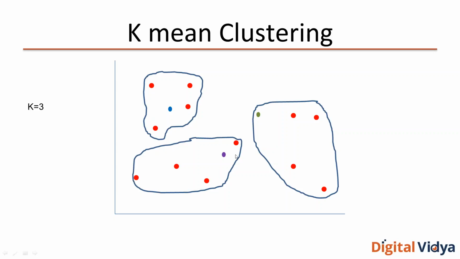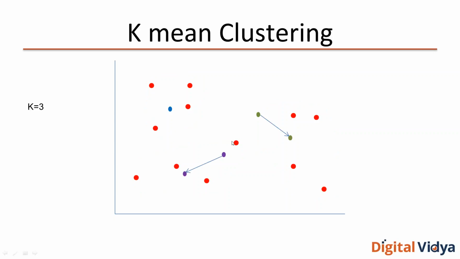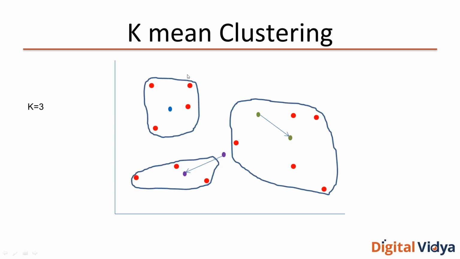And suppose this is the cluster. When you take the mean average distance, the center of this cluster moves from here to here. For this cluster, suppose the center didn't move. By surprise, or because you somehow found a good cluster center, it remained there. And for the green one, it moved from here to here, depending on these 4 points. Now you again find which are the closest ones and create new clusters. And it turns out this cluster remains the same. This cluster has only 3 points now. And this point which earlier belonged to this cluster now belongs to this cluster.